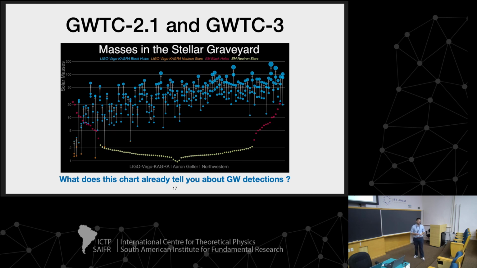You say far from Earth. In terms of redshift, how far? The farthest one is redshift 0.8, almost redshift 1. Okay, thank you. So there's a selection bias. If we want to see objects at a distance, they must be massive, otherwise we cannot see them. But when we collect a large number of detections, what we can do is population studies, and this is what we are going to see tomorrow.